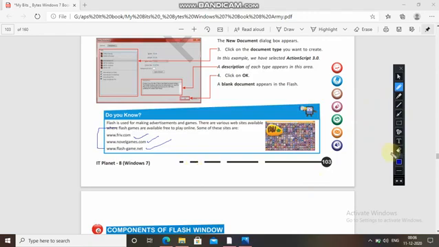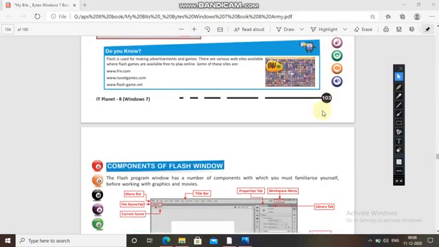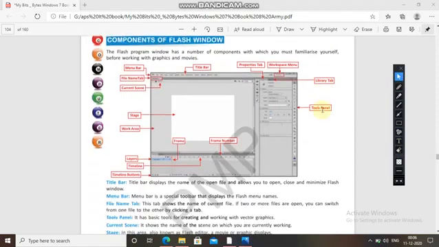Now let's see what are the components of Flash. So see, here's the window. The Flash program window has a number of components with which you must familiarize yourself before working with graphics and movies. Okay, so let's see what are the things in this window. As usual, first menu bar, then title bar, under that file name tab, and current scene. See here it is given current scene. Then here the properties tab,